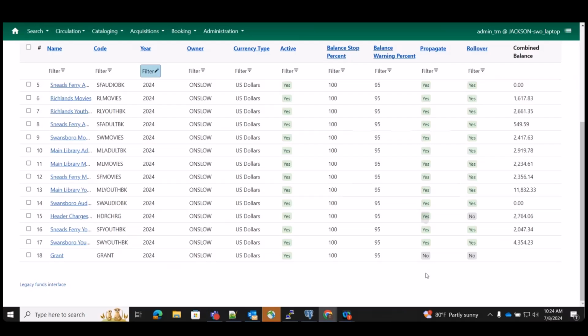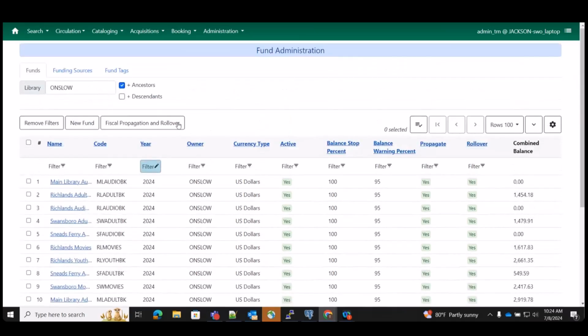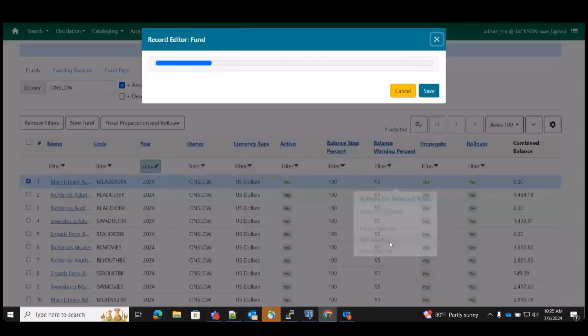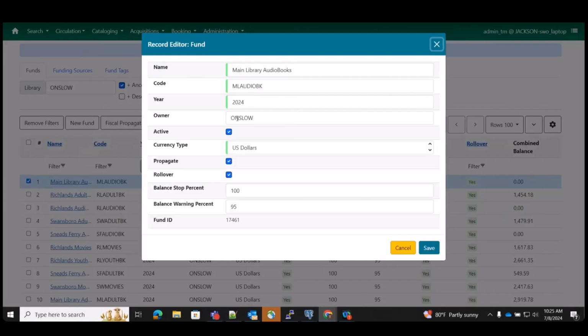So as long as you have your scoping and filters correct, which means that you've scoped to the correct library and you've got the correct fiscal year set in your filter here, the next step is to make sure that everything is set correctly in terms of propagate and rollover. And if you do find that you have one that needs to be fixed, you can right click on it and choose edit selected. And so you could come in here and uncheck the propagate or rollover box. So if I uncheck rollover for this main library audiobooks fund,